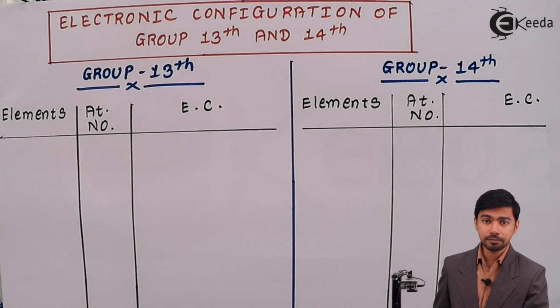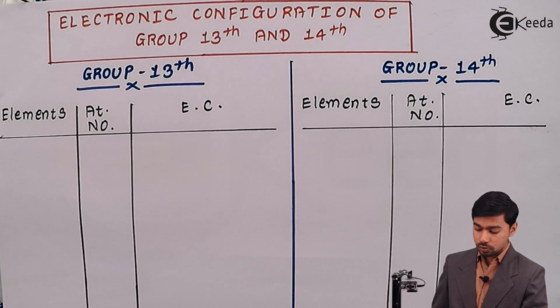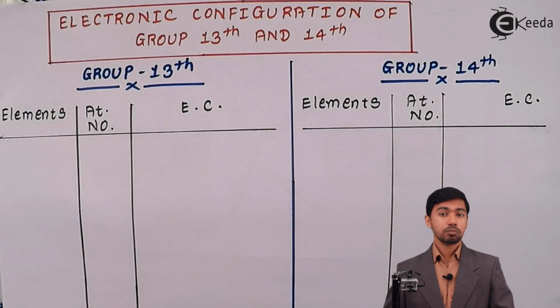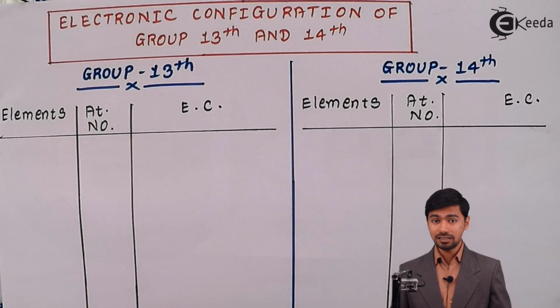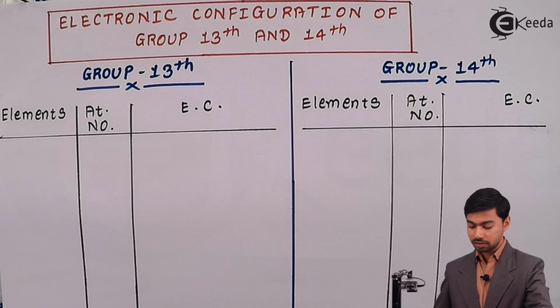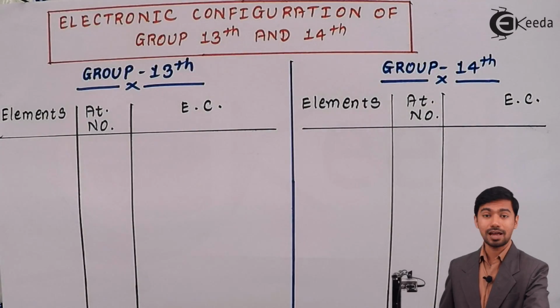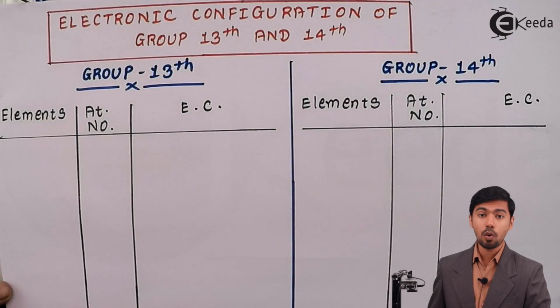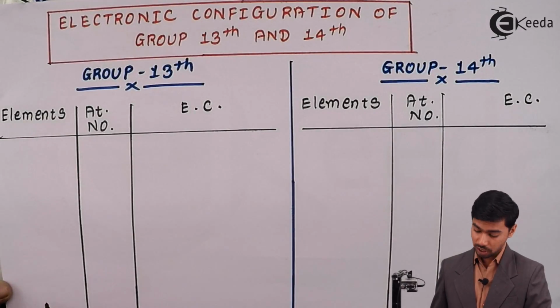that is group number 13 and group number 14. So group number 13 and group number 14, that only we are going to study in details in case of electronic configuration from your 11th syllabus. So for group number 13, which are the elements that we are going to see first? In case of group number 13, there are only 6 elements, which are the